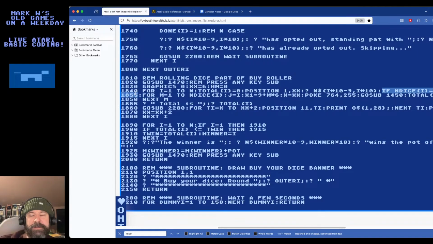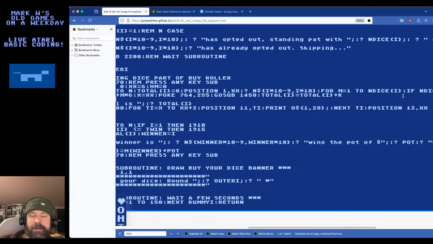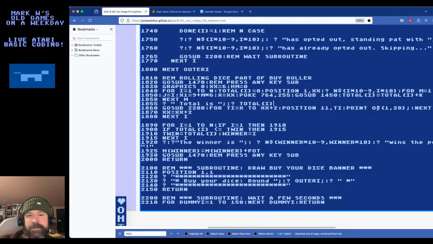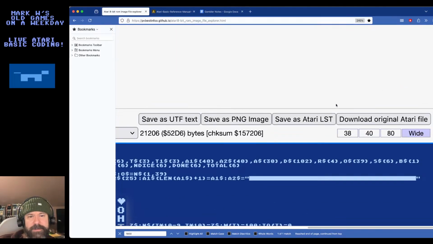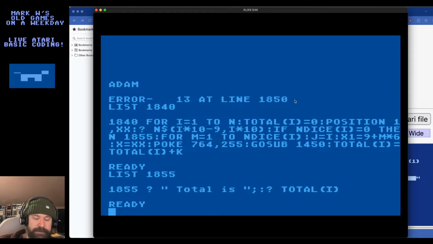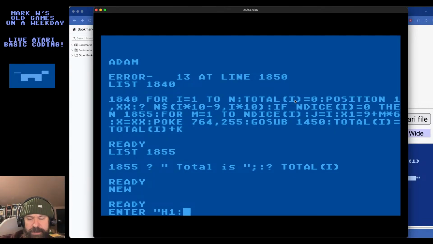All right, let's try it. Copy that. Get rid of that colon. So all we're doing is essentially moving this logic inside the inner FOR loop, or the M FOR loop, as I sometimes call it. We're going to go to the next M, though, like so. Or M is for each die, right? Okay. That's fine. Yeah, this should work. It's kind of weird that I have to do that, but I'm not sure if it works yet.